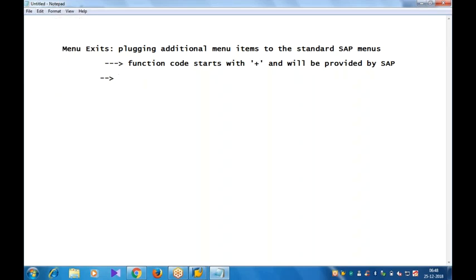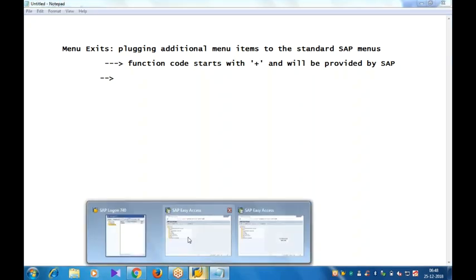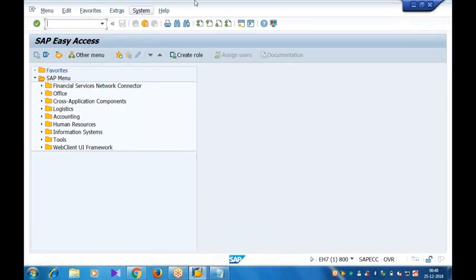Okay, so let us take one example and see whether that particular transaction contains menu exits. I'm just taking a transaction which I worked on earlier. Don't worry about the purpose of the transaction; for any transaction, the approach should be the same. So here we have a transaction code called MC94. Let me run this T code. So when I run the T code MC94,